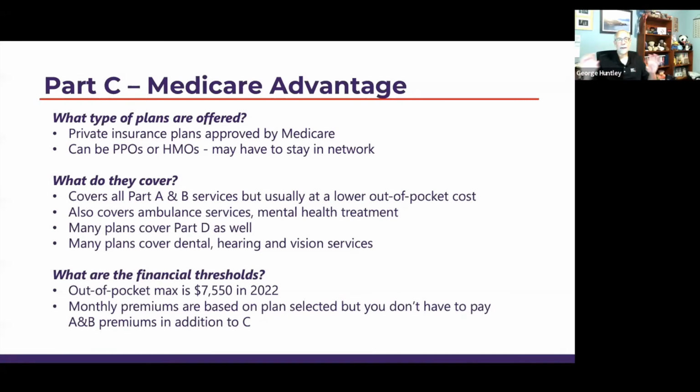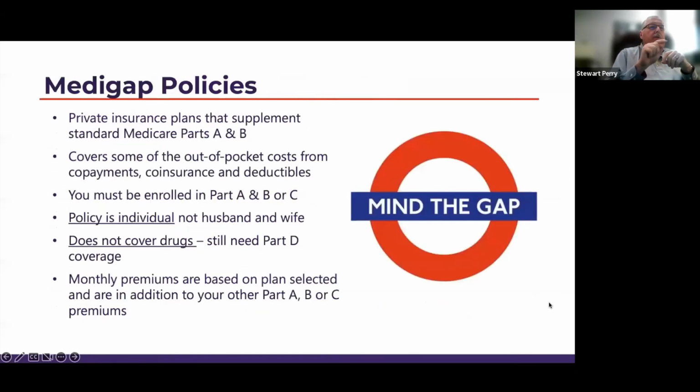Before you jump off of this, the thing that I will highlight is you are now buying private insurance to replace Medicare. And it can be a PPO, it can be an HMO. You're back into all the things we just touched on. So think about it as buying regular insurance, and it may have dental, hearing, and vision coverages as well. That's why people go to Medicare Advantage. And as we go to the next slide, George, my mother-in-law did this, and she comes out much better on the Medicare Advantage than buying a Medigap and the regular Medicare.